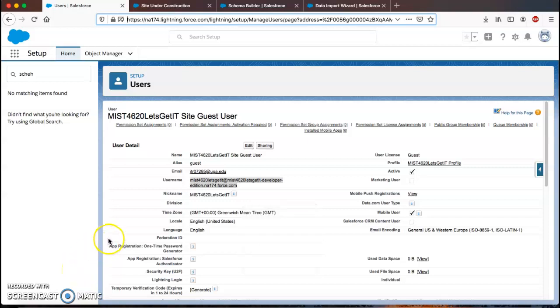Hello, so I am doing the sprint reviews for our group, Let's Get It. I'm going to take you on a tour of what we have so far, starting with our website. There's the basic structure. We created it through